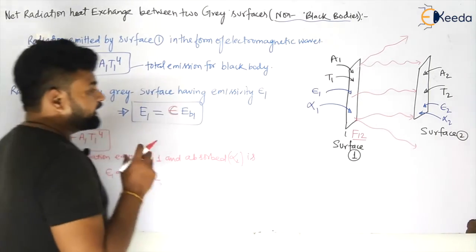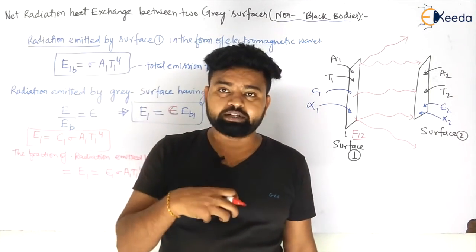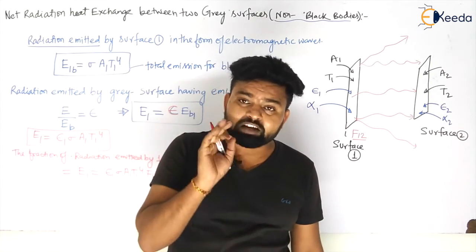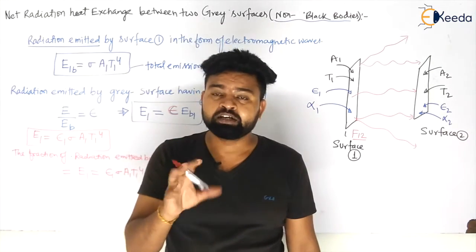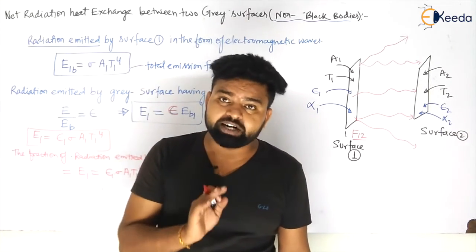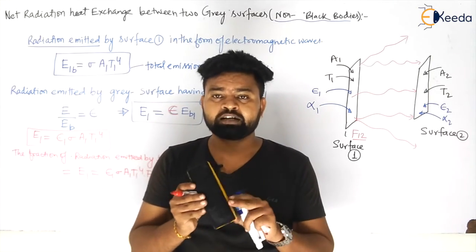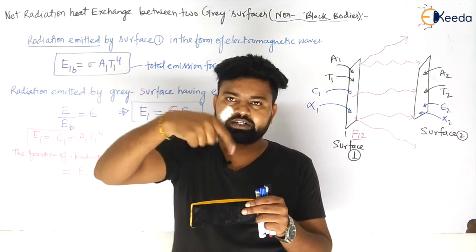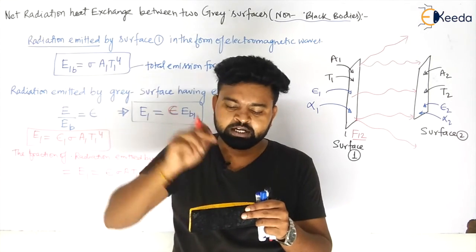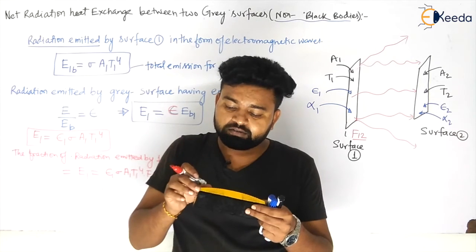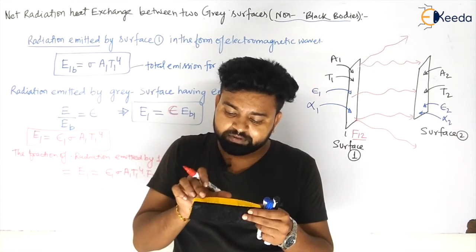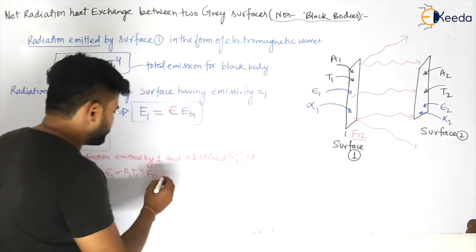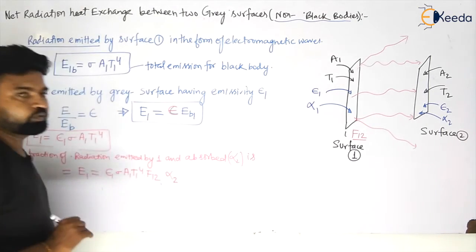Okay, and now it will only absorb the radiation which is falling on that, and that factor, that is absorptivity, will decide how much it is absorbing. If this is having, let us say, absorptivity 0.5, then it will absorb only 50% radiation. So if the other surface is there, and some radiation is falling on it like this, electromagnetic waves are coming and falling on this, it will only absorb the radiation which absorptivity will decide. So that's why you have to take alpha 2 also, my dear students.